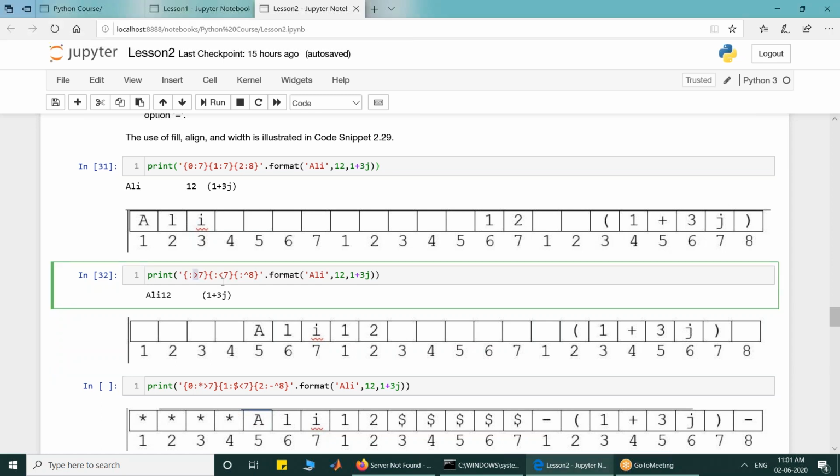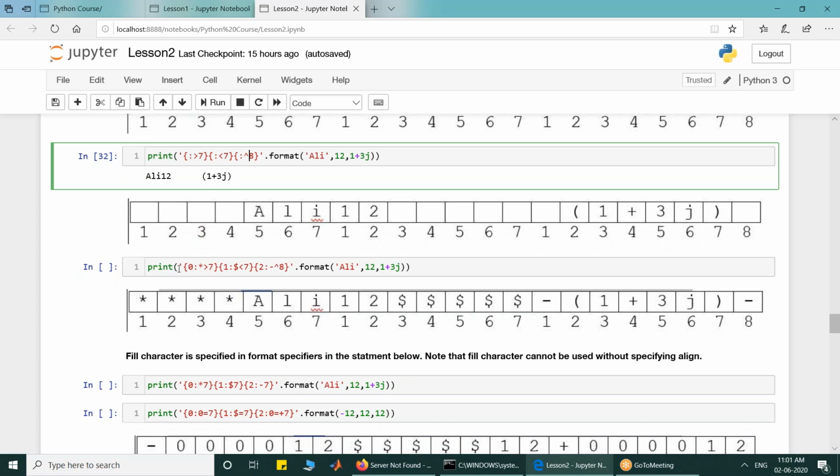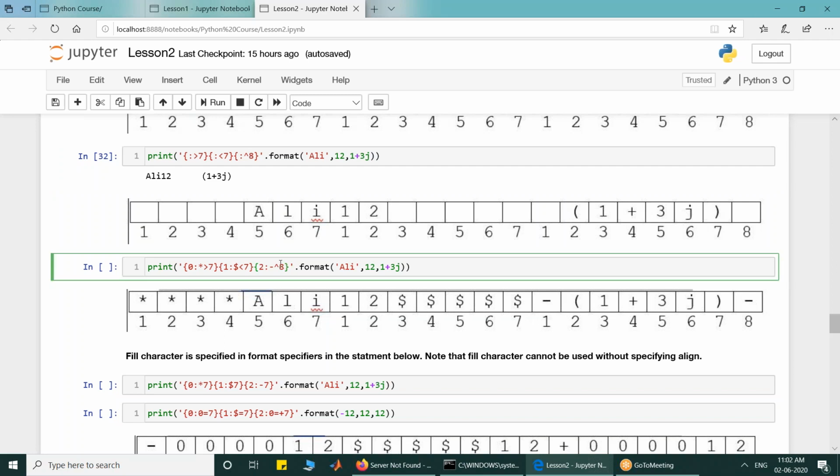Look at the next statement. Print 0 colon star greater 7, 1 colon lesser 7, 2 colon minus caret 8. What does that mean?